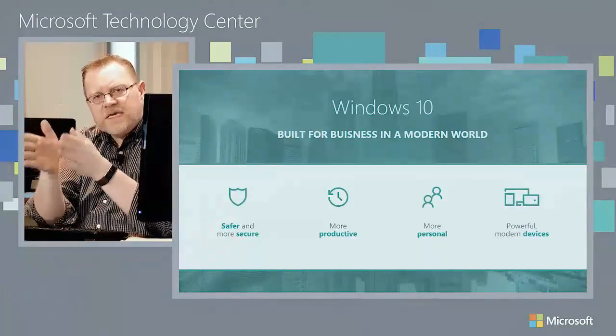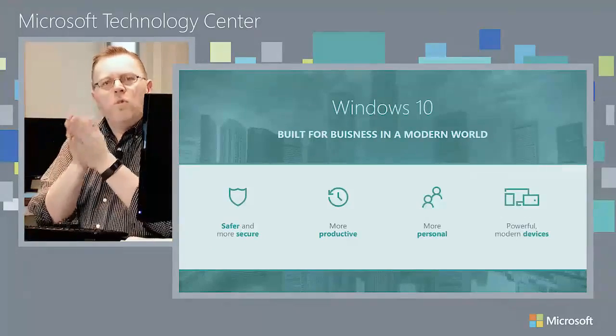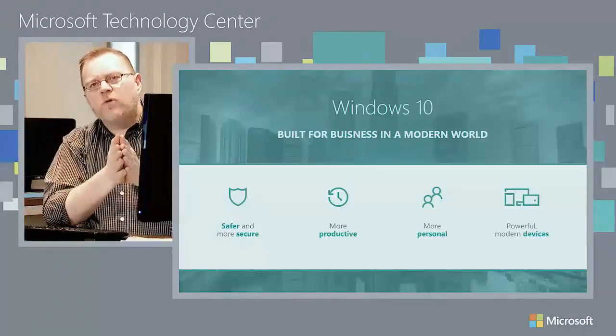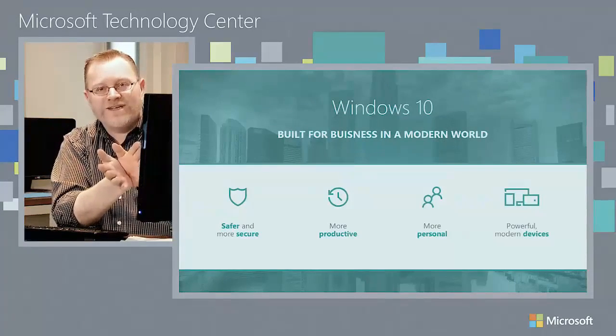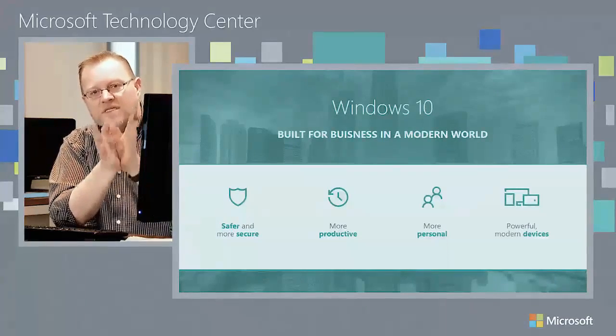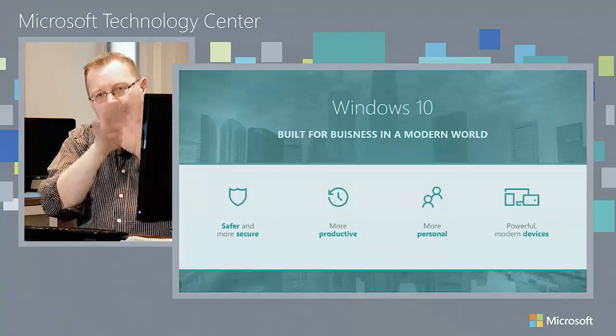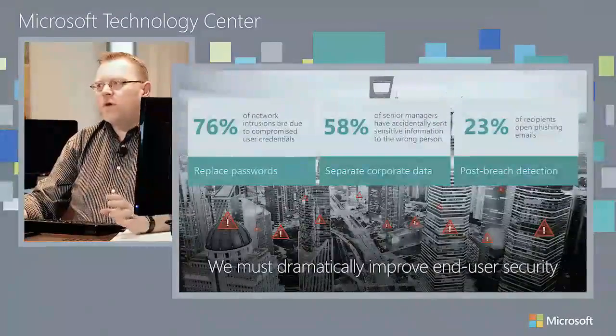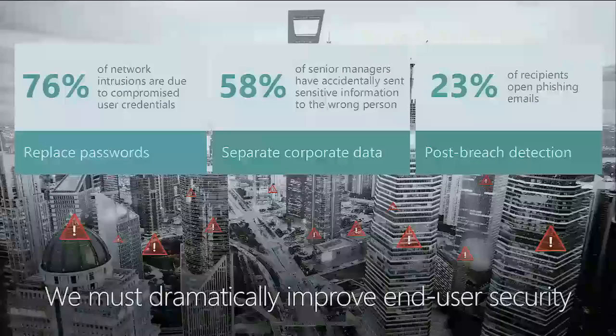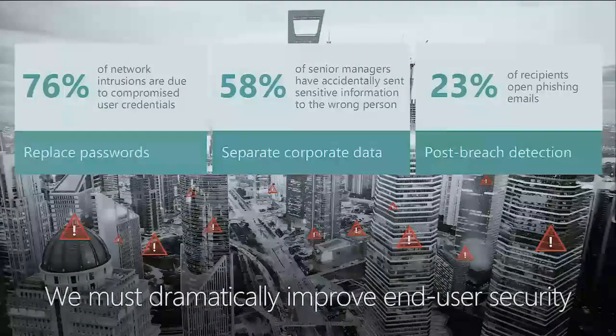We need things like a TPM chip so that we can enable Windows Hello, so that we can enable securing your credentials on the device, well, securing your tokens, I should say, on the device, and being able to take advantage of that. Because once we have these baseline components in place, we can then start to take this up and take it forward. Because you know what? We already see these statistics up here. We know the number of network intrusions that are due to compromised user credentials. How many people have their password written down? They shouldn't, but they do. How many people get caught in those password irregularities?